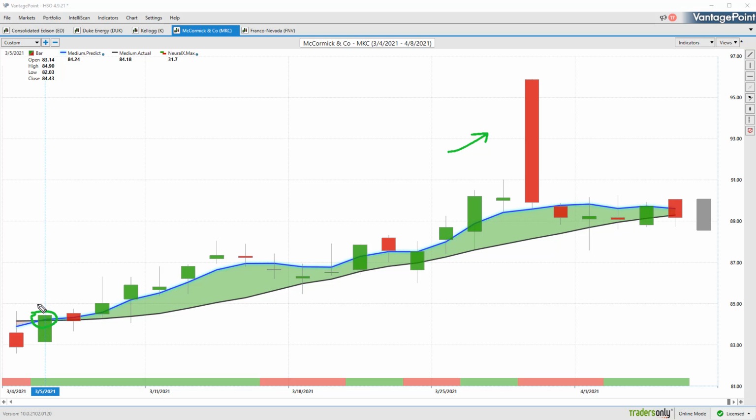We're back here, and here's where this opportunity starts. We start to see, again, these utilities and non-cyclical stocks start to move higher, and therefore that's where we want to focus our attention. You get your neural index bearish here, a little bit of sideways price action, but this trading day where you gap up, if you have a limit order and you're looking to take profit in this market at all, you're going